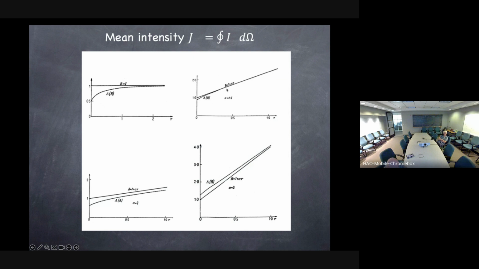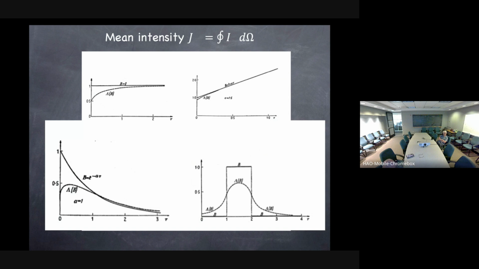So it's very simple. You have the source function varying as some constant times 1 plus 1.5 tau. And that's pretty close to what we have in the sun. And I've done almost nothing here. I think it's just beautiful. Let's have a look at